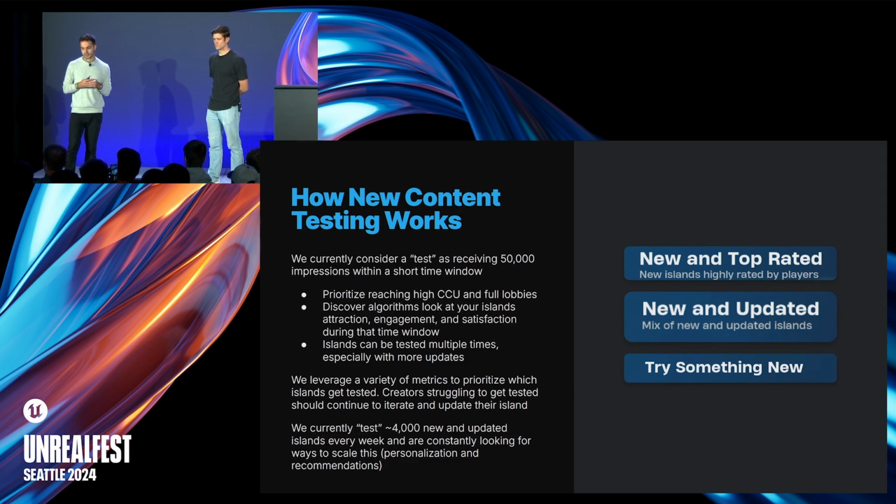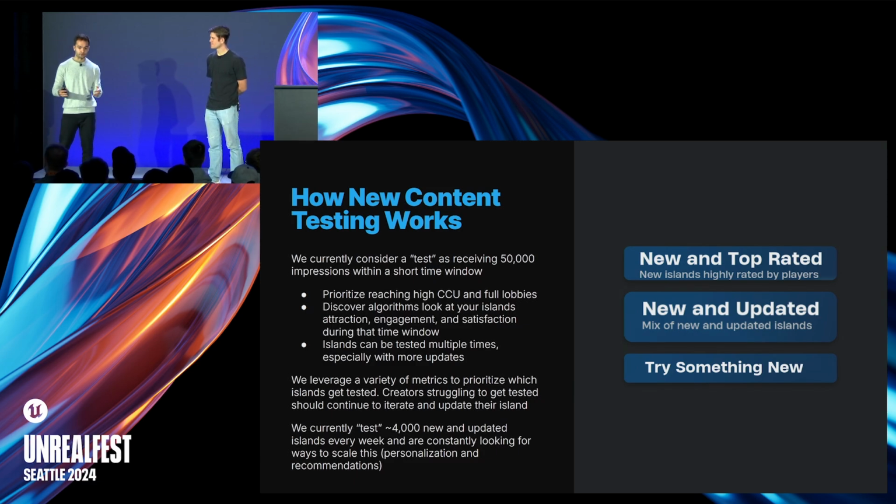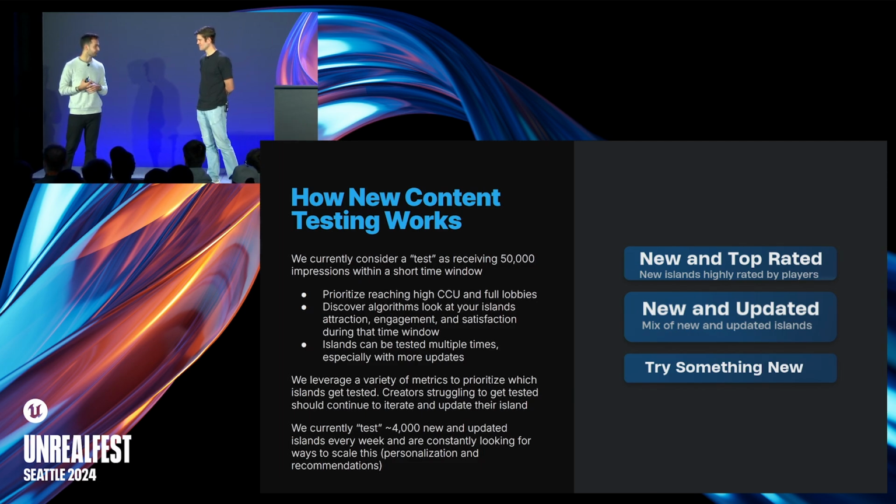And we've been working as well on some matchmaking improvements in the last couple months and more coming, to basically figure out how we can even more efficiently allocate those impressions and concurrent users into games. I don't know if you want to add anything there. No, I think, like we say 50,000, that doesn't mean that you only get 50,000 impressions and no more.